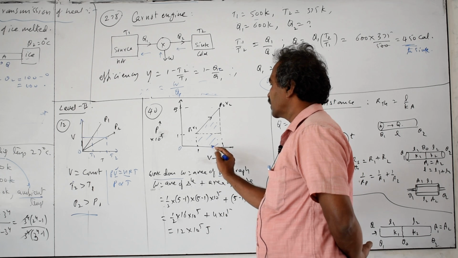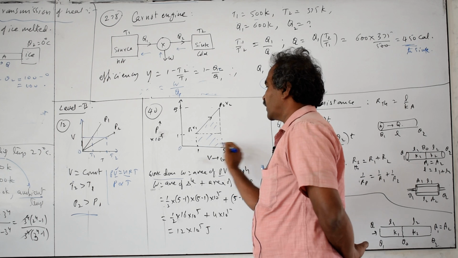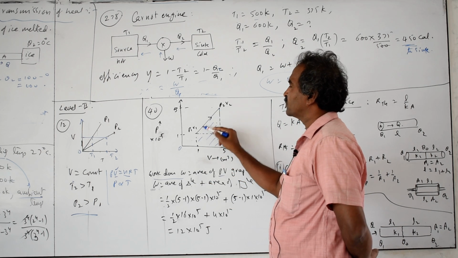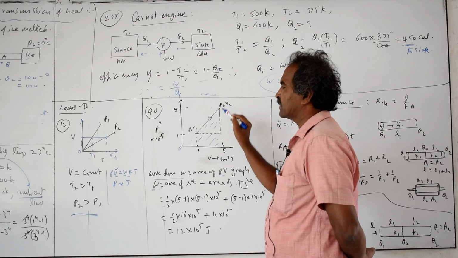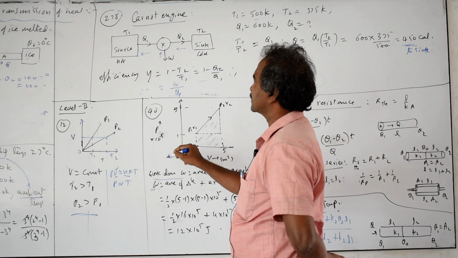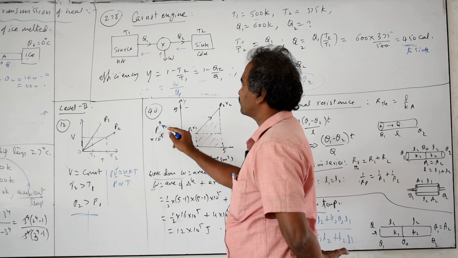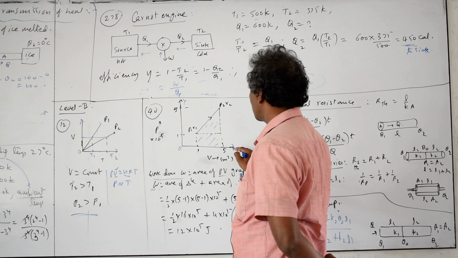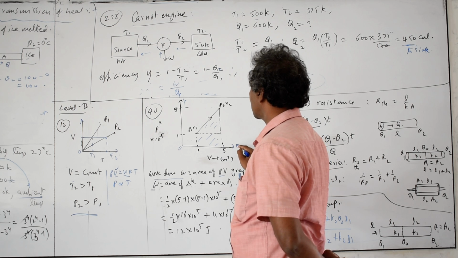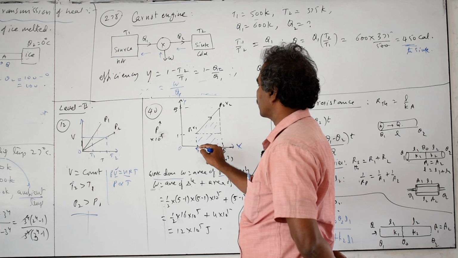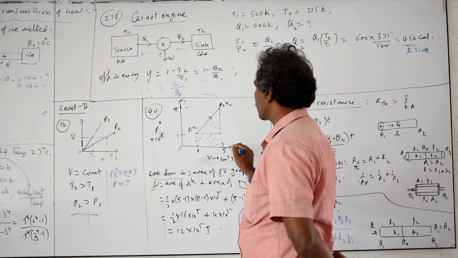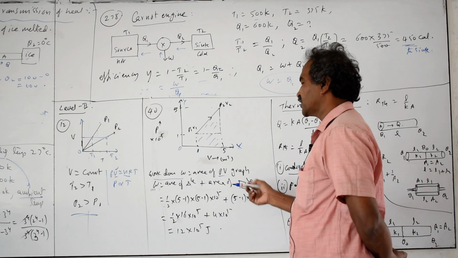Don't take these areas on the pressure side. You take them on the volume side only. So work done in this graph: P1 V1, P2 V1 to P2 V2 is the path given for us. Pressure values on the y-axis are mentioned as into 10 to the power of 5, 1 unit here, 5 units here, the starting and ending points. And volumes are mentioned in cubic meters, the starting value V1 is 1 and V2 is 5 cubic meters. So we get SI units only.